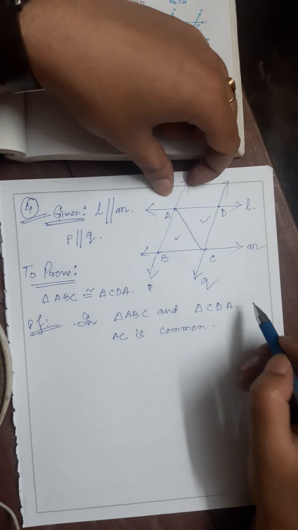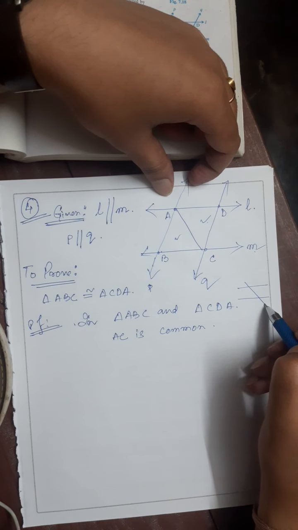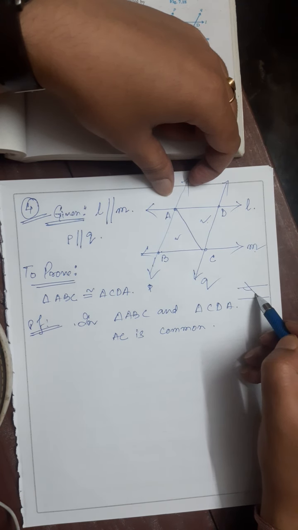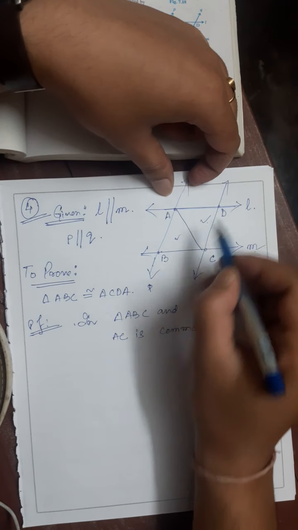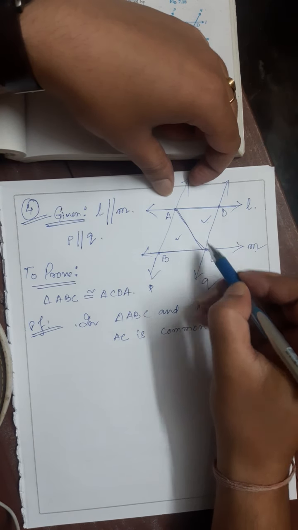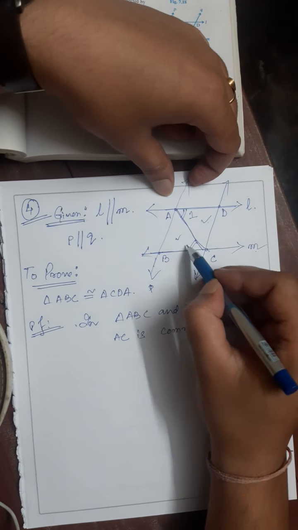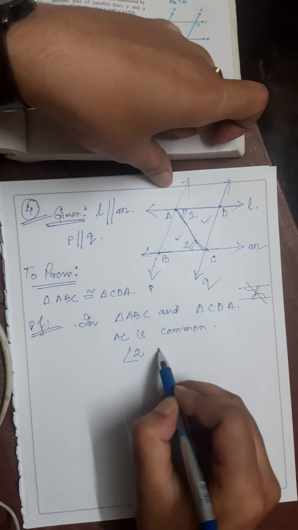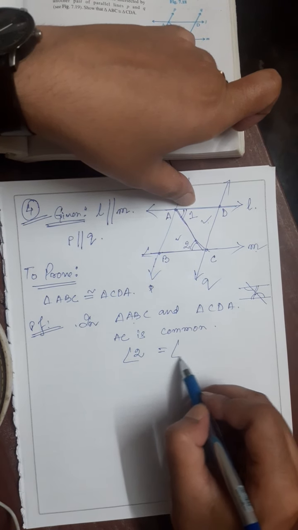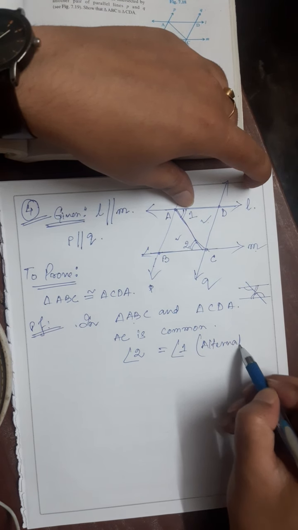Next, we know that when two lines are parallel and these parallel lines are intersected by a transversal, then these two angles are alternate angles, these two angles are also alternate angles. So we'll apply these things here. These two lines are parallel and this is the transversal. So this angle is equal to this angle, alternate angles. We'll name this 1, this 2. So in ABC we have angle 2, we'll write angle 2 is equal to, in ADC we have angle 1, so angle 1. Why are these two equal? Because they are alternate